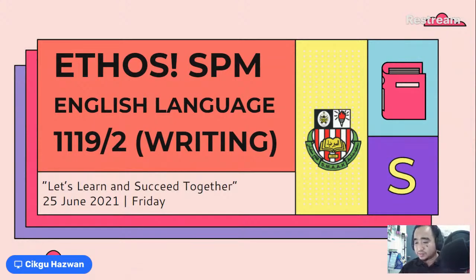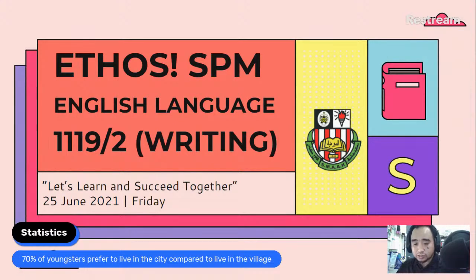Contoh saya bagi statistik. Statistics. 70% of youngsters prefer to live in the city compared to live in the village. As simple as this, a simple statistic like this can be included if you want to include your statistic. But remember that